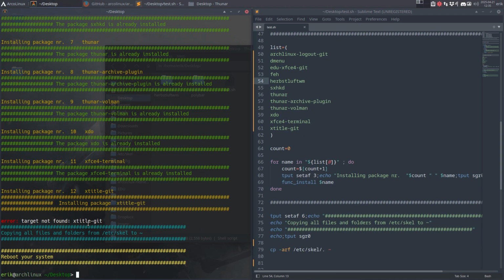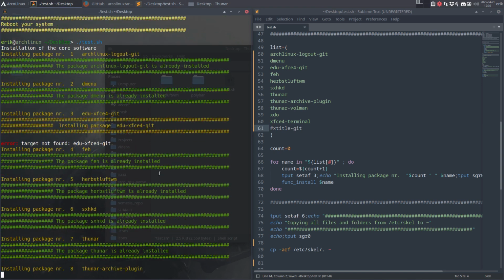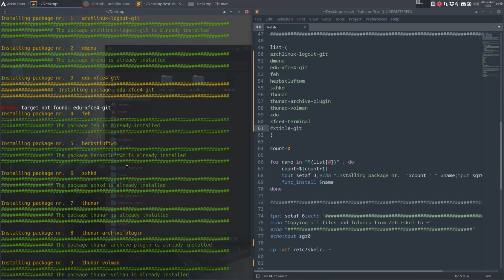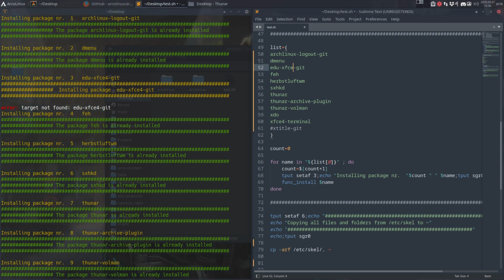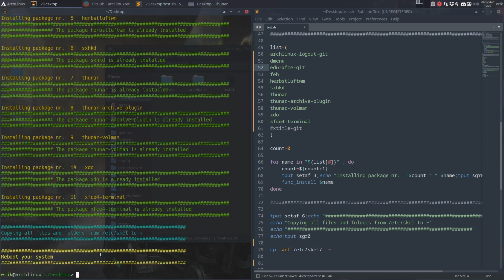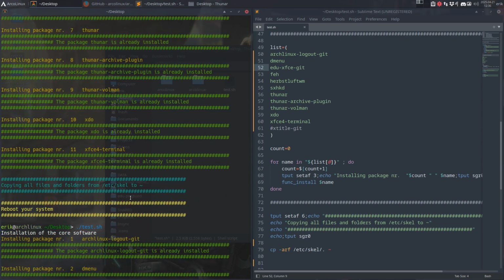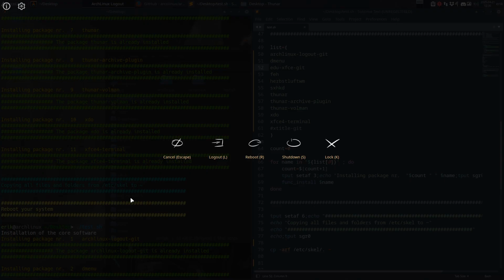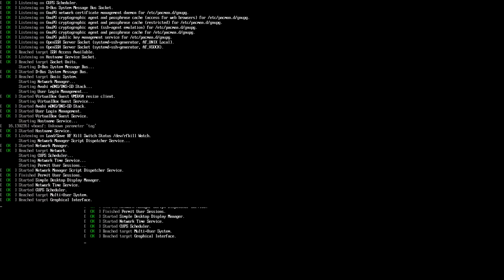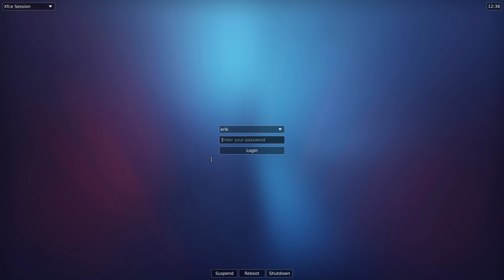And xtitle-git is not found. Let's see if it needs it or not. Save. One still red guy here. Is that not okay? edu-xfce4, xfce-git. It matters, everything needs to be correct. And this is nine minutes. And I do hope it just works, right? So